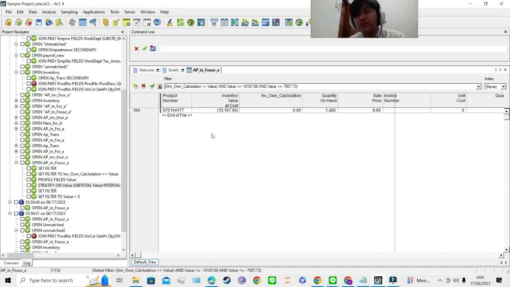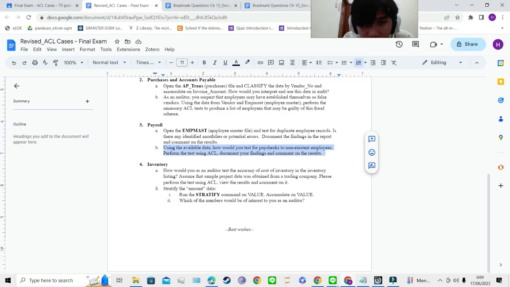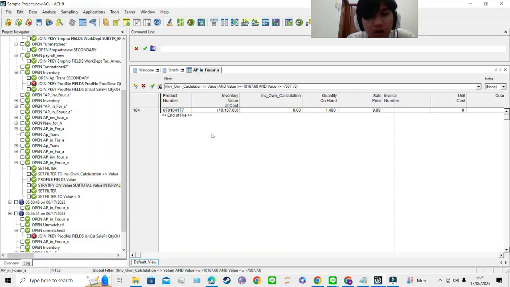If we just use simple logic, how can the cost exist at minus, since if we purchase the inventory and the result is minus? Because it should be positive,